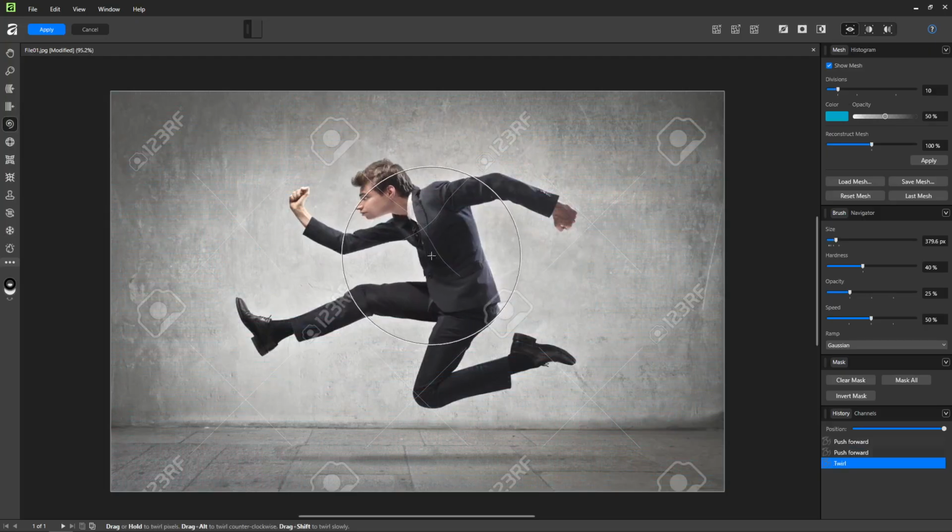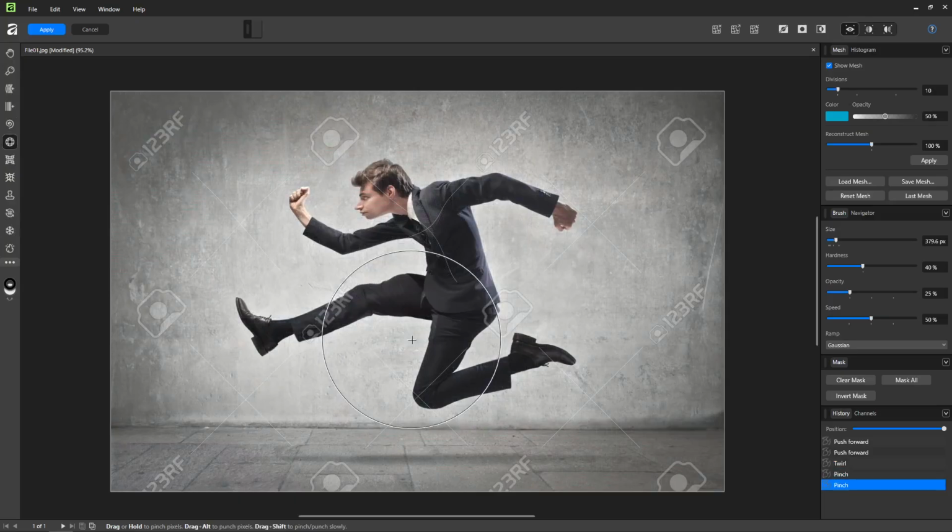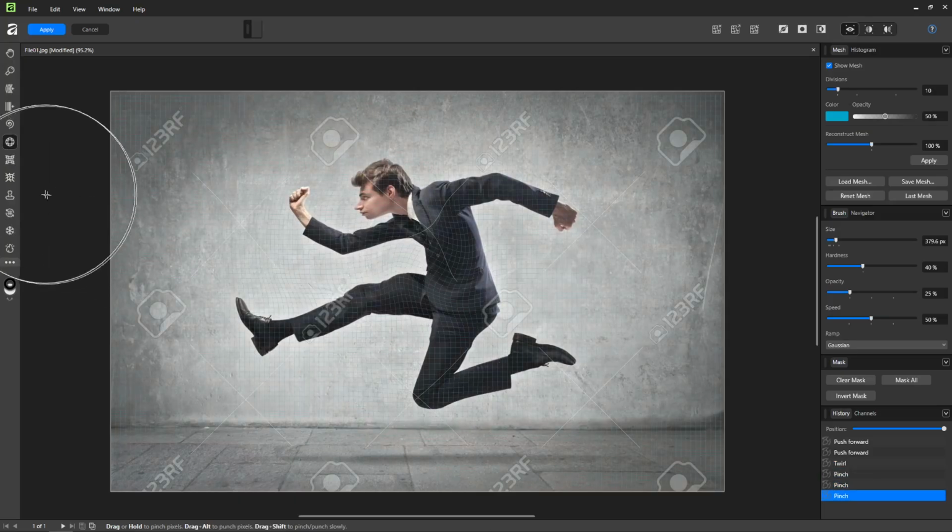The Pucker tool pulls pixels inward, tightening features or narrowing shapes, while the Bloat tool pushes outward to expand volumes or puff up areas. For more organic, unpredictable effects, the Turbulence tool introduces a chaotic, rippling distortion that's great for